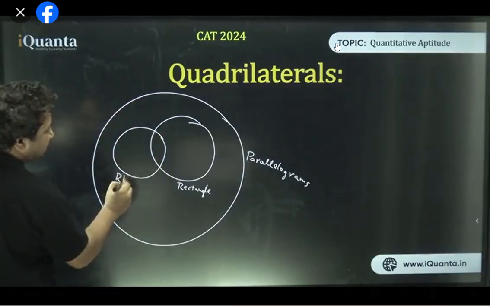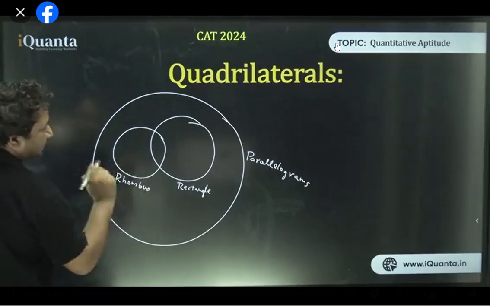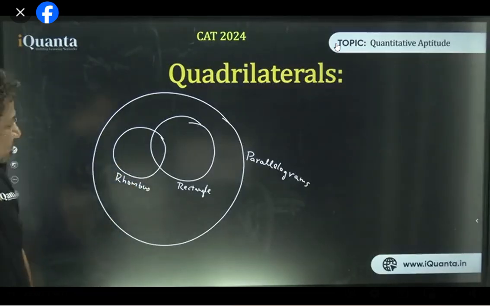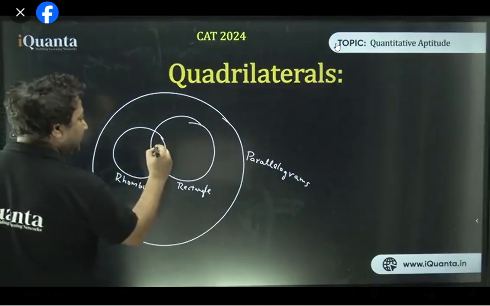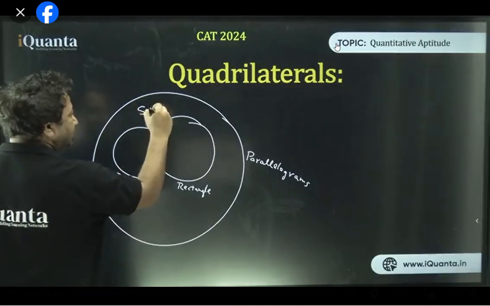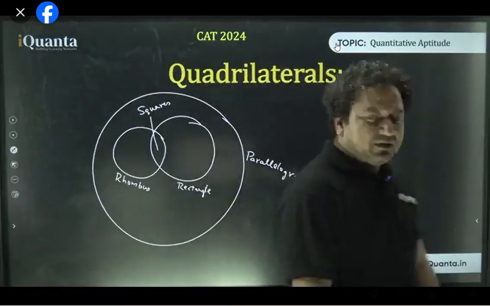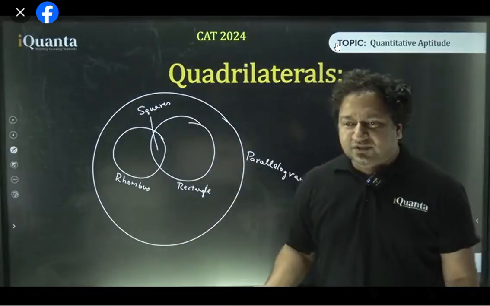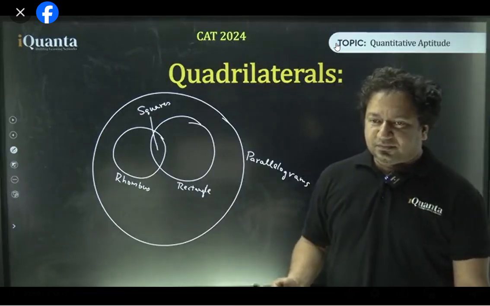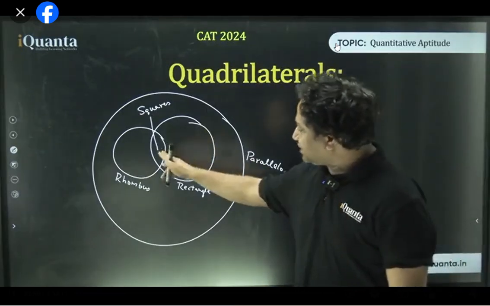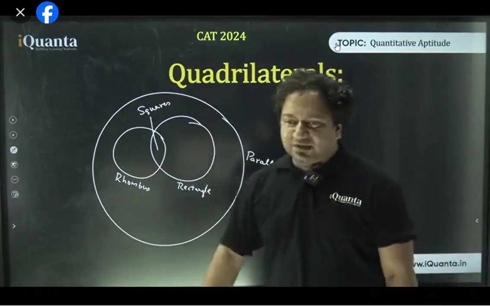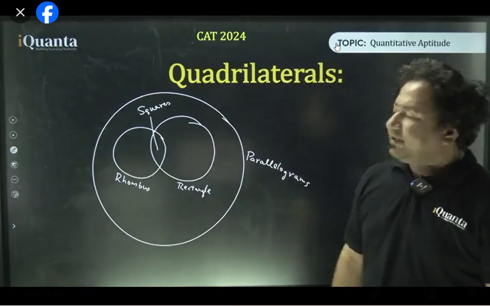Also, let this denote rhombus. This is rhombus. Rhombus is also a parallelogram. Okay. And this common area is nothing but squares. Is that clear, everyone? So whatever is common with rhombus and rectangle is basically square. So square is the rectangle as well as a rhombus. Clear? So I can say all squares are rectangles. You can also say all squares are rhombuses. अब कोई भी तरह की तकलीफ होगी नहीं.